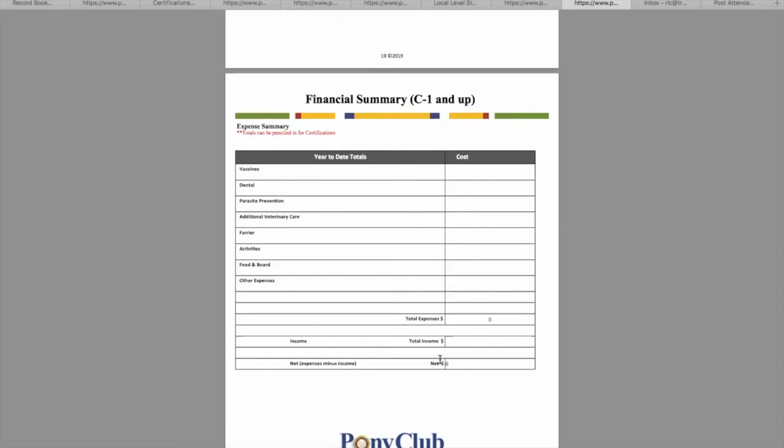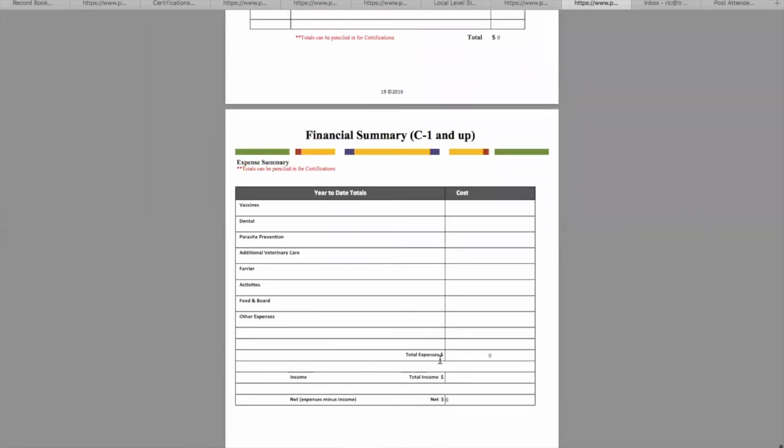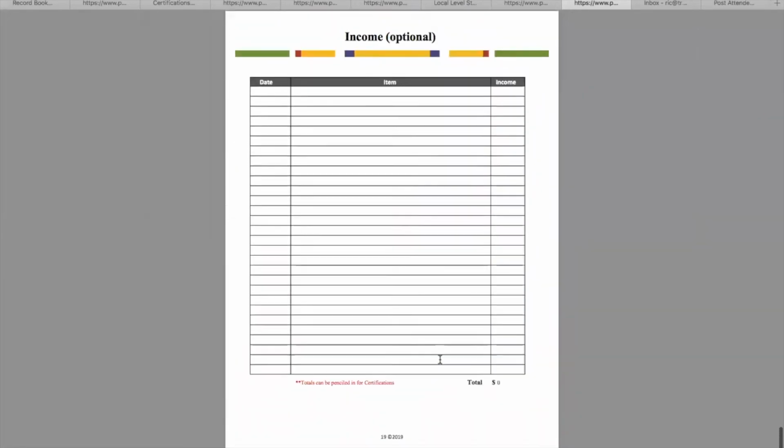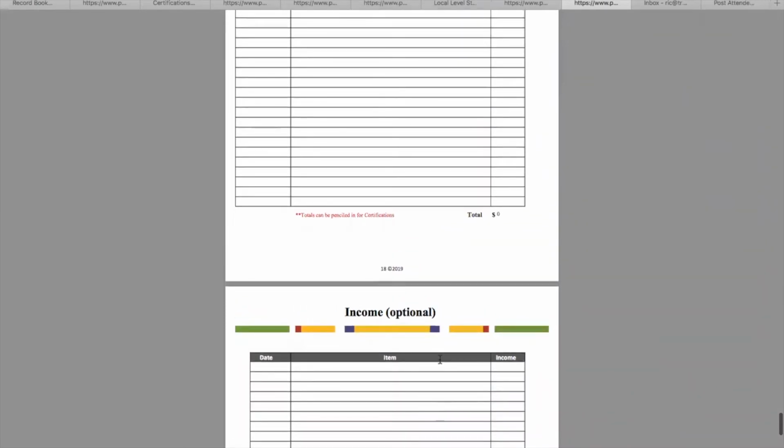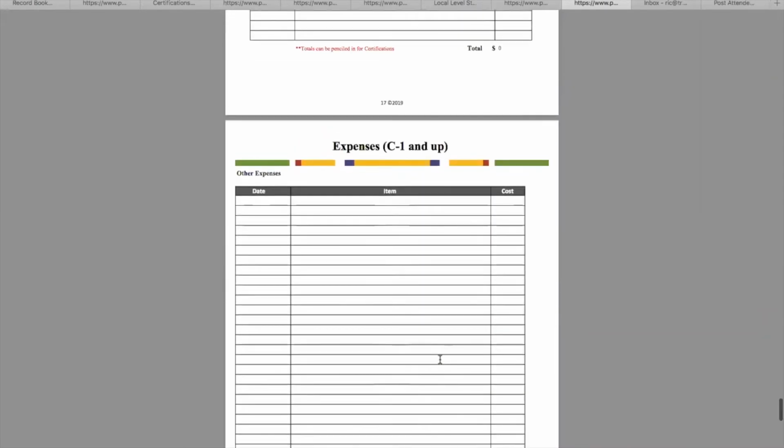So this is covering the C2 and up, which, actually it's C1 and up, but the C2 and the HB go all the way through and fill in all of this. As far as organizational stuff,